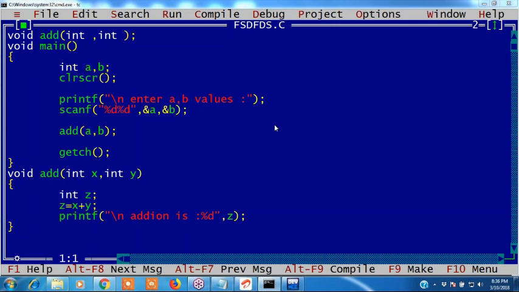This second model. We will write the third model.